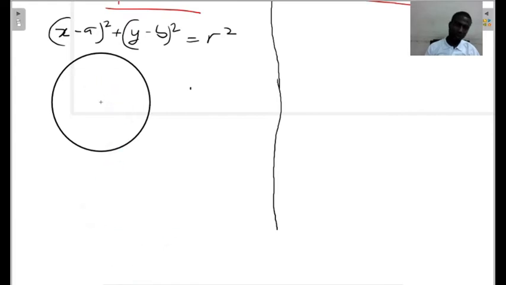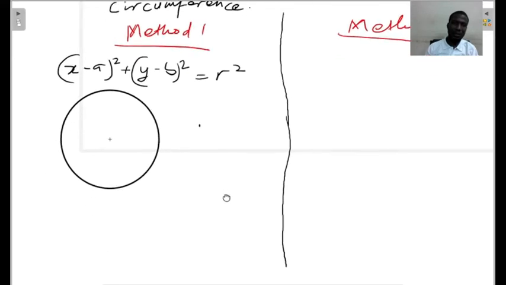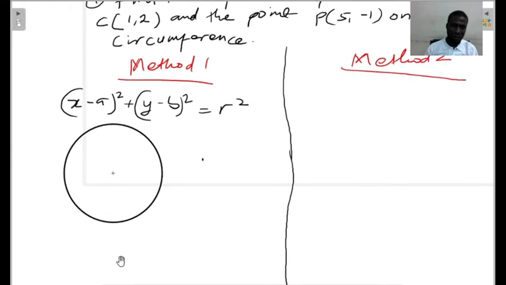Alright, so taking this to be our circle with center coordinates. What are the coordinates of the center? 1, 2. So we have center coordinate 1, 2 here,